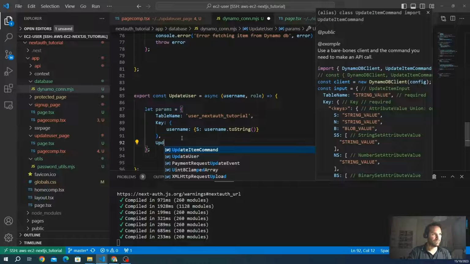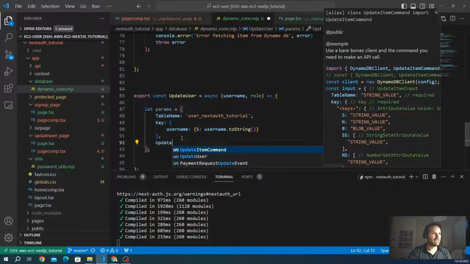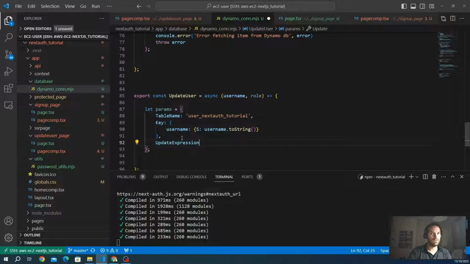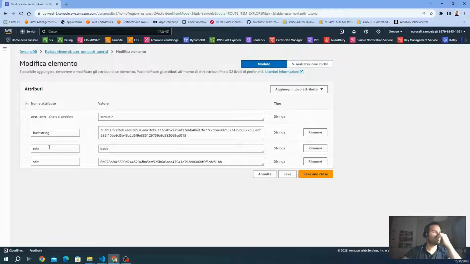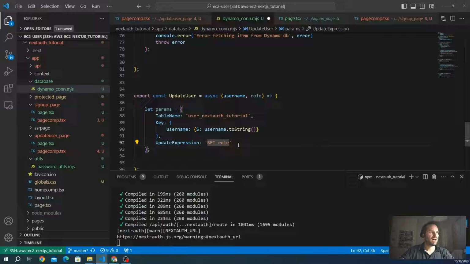So in DynamoDB, the API request requires the update expression. In this expression, we're going to specify a string that tells DynamoDB to set my role name. I think we call it role in DynamoDB. Let me check. Yeah, we call it role, but actually I think we make a mistake because this is a reserved name. I'm afraid that we get an error with this name. Let's try. Maybe I make a mistake. Let's try. So set role in role value, and the value is going to be